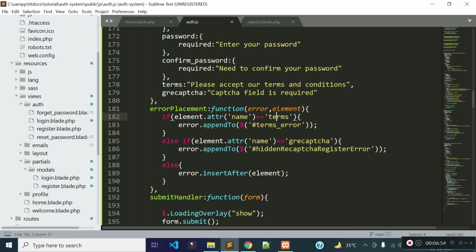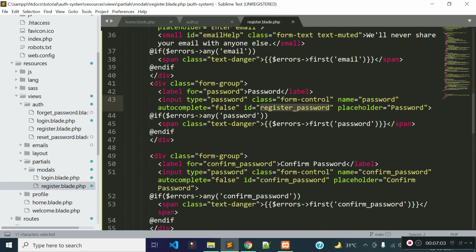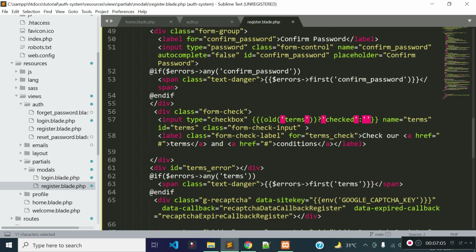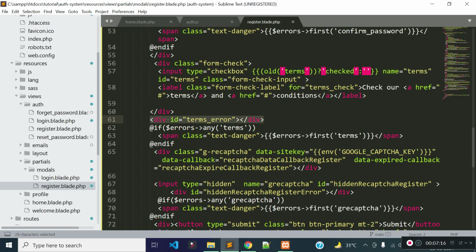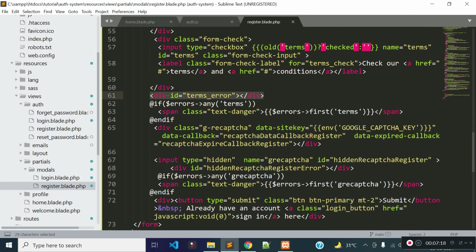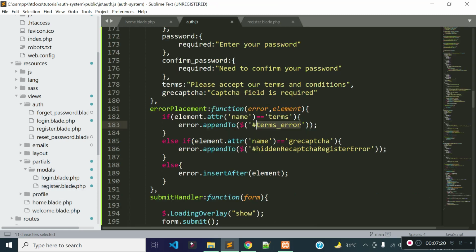Okay, for the terms and condition checkbox we just appended the error messages to a div of ID terms underscore error, right? So you see inside our registration form we have a div of terms underscore error, and whenever there will be some error messages for the terms and condition checkbox, we will put the error messages inside this div, and also for the Google checkbox we will put the error messages inside this div, okay?